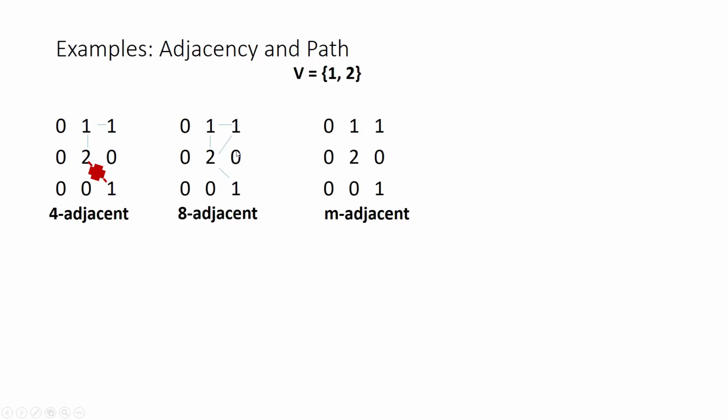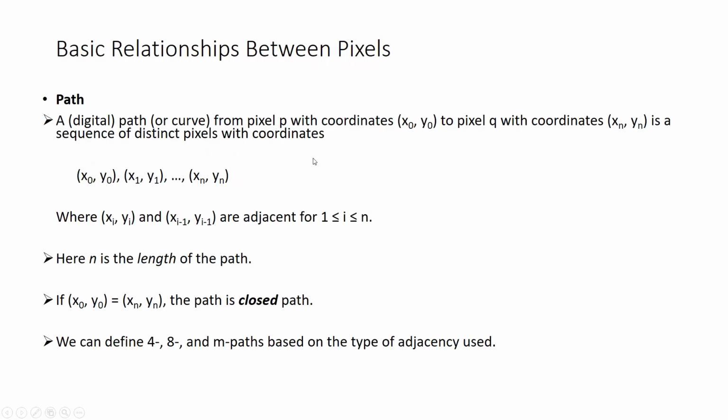While here, as we can see in the 8 adjacent path, there are 2 paths. From 2 to 1 there is a diagonal, and from 2 to 1 and then again 1 to 1. So now this is not an N4 of P of this one. So if it is a P, it is a Q. If it satisfies,